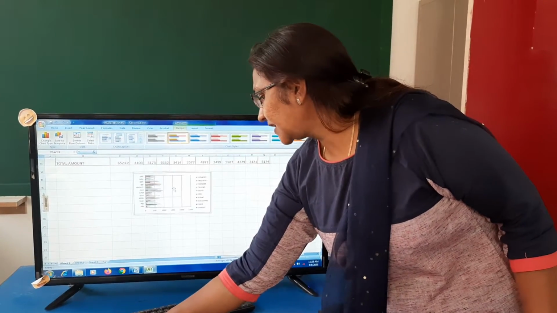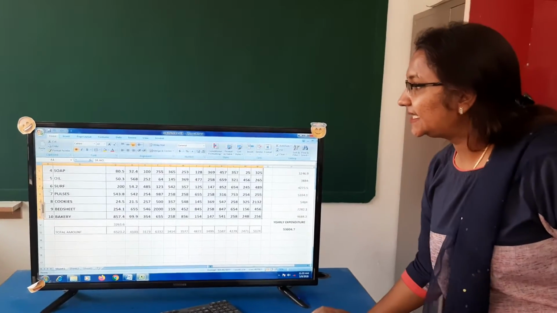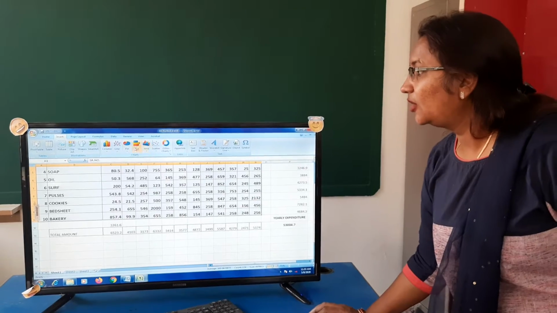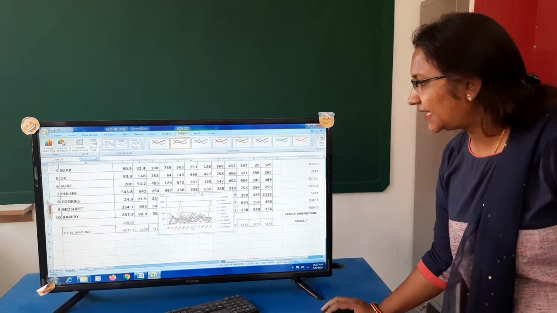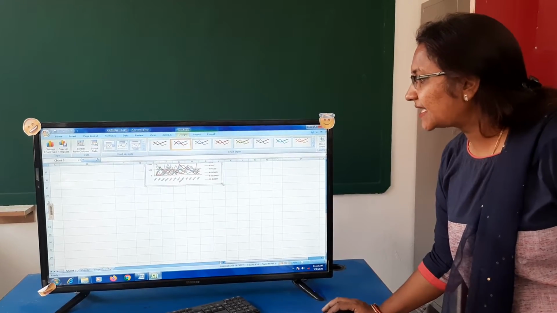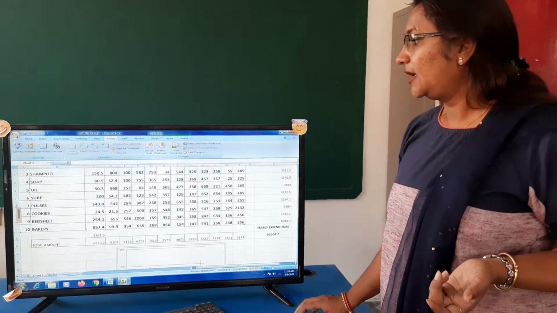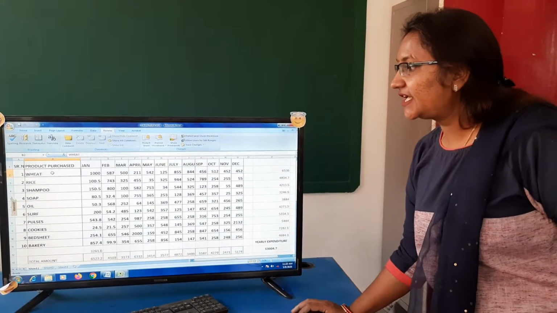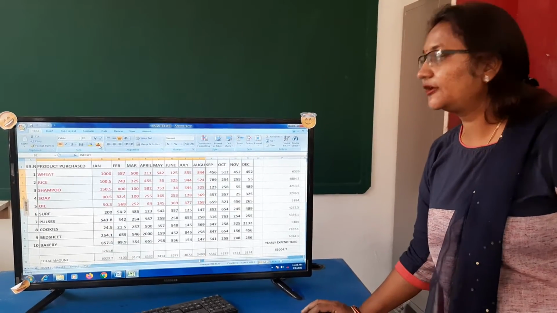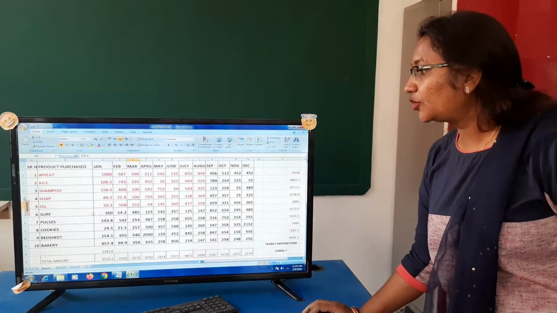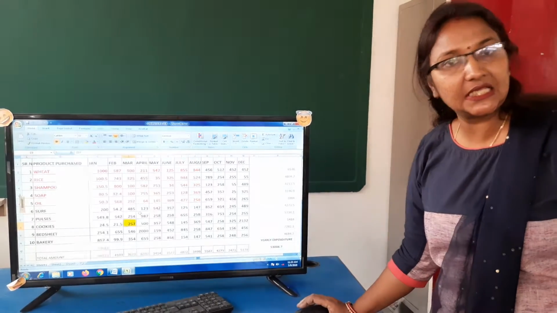Or if you want to see some other chart, select the data, again go to Insert, or we can take a line chart if you want. See, the line chart has come. So in this way you can design any kind of a chart in your sheet. You can introduce a chart in your sheet. Now you can also change the color using the font color here, red color you want, or if you want to fill in the color, just select the cell. Here you have fill color, you can fill in the color in the cell.